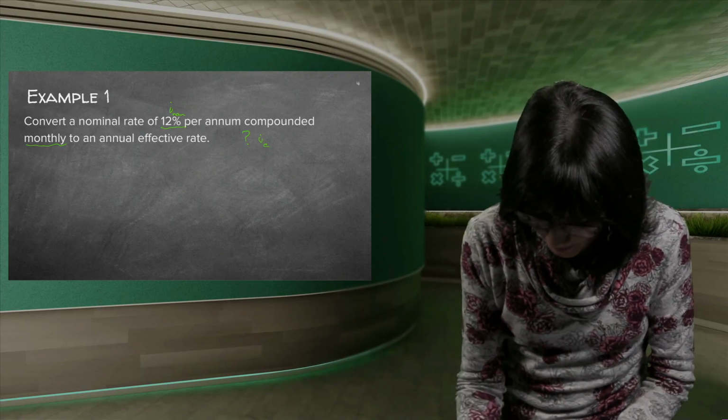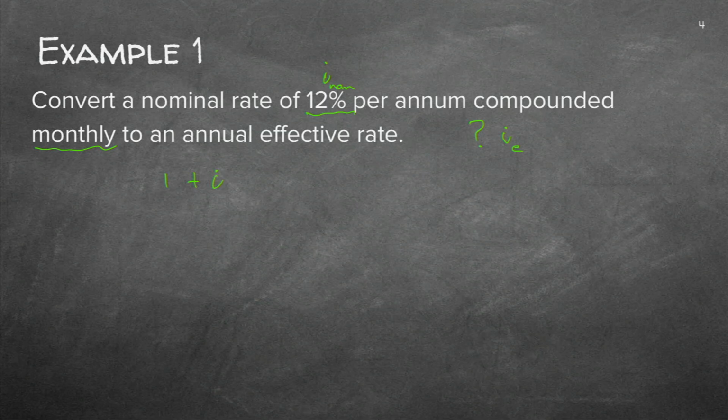Good. We need the formula: 1 plus i EFF, effective, is 1 plus i to the power of n. But now remember what they said here. This is compounded monthly. So the minute you compound it monthly, the i becomes i divided by 12. Have you got it? So I need to go to i divided by 12. I want the effective interest rate, so I want to leave that there. So it's 1 plus i over 12.